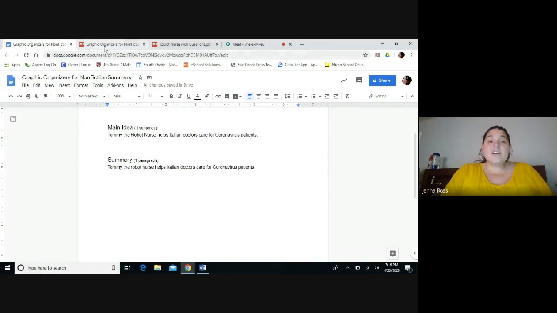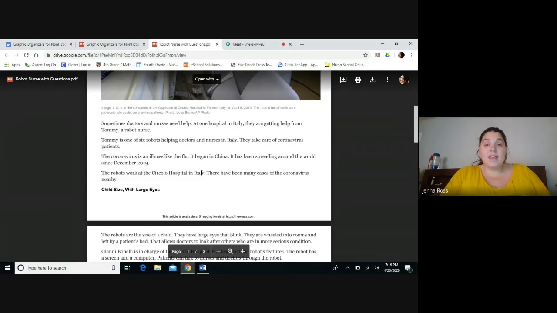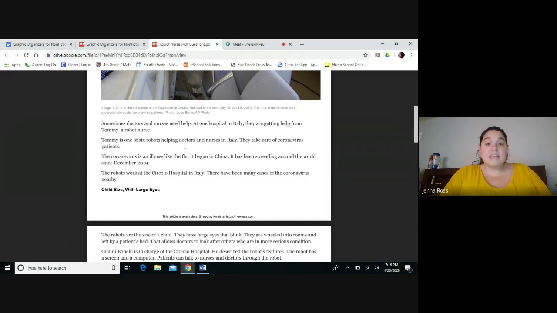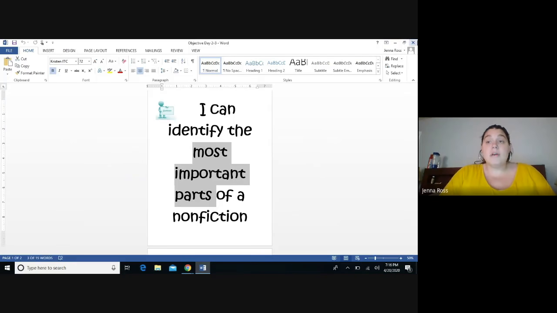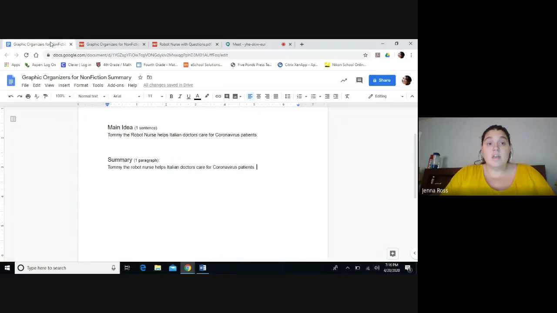So in that very first paragraph, I think that it's important to say that it's at a hospital in Italy that they're getting help from this robot nurse because the doctors and nurses need help. So I'm going to put that in my own words because remember, that is part of making a good summary is putting it into your own words. Okay. So I'm going to take that information that we just read and I'm going to put it in my own words. I'm going to say,